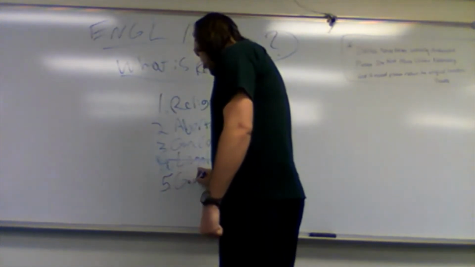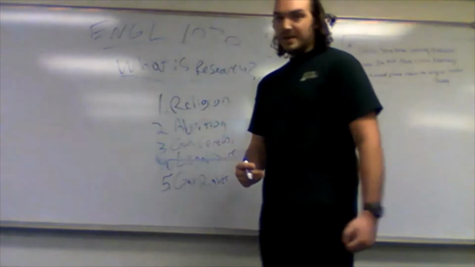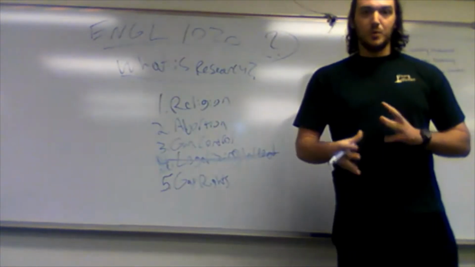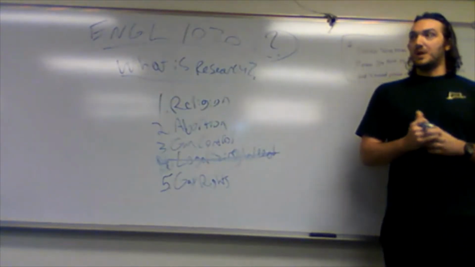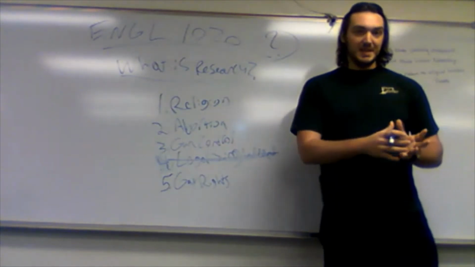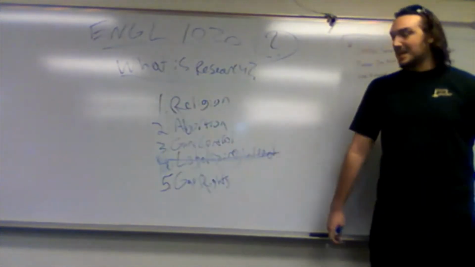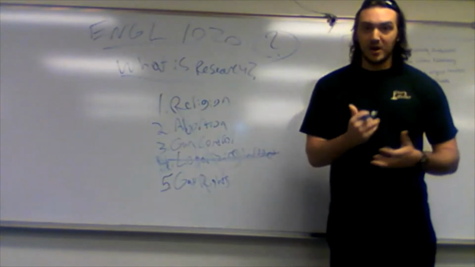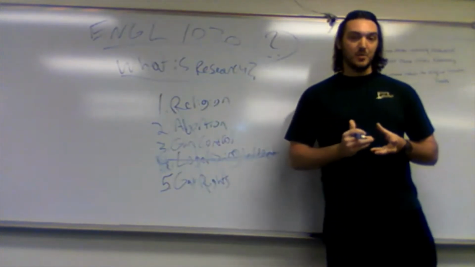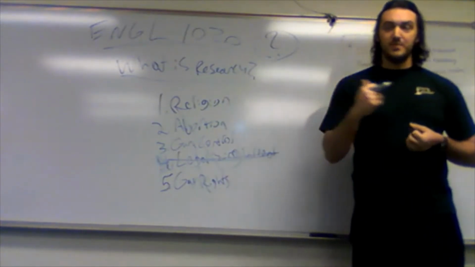I'm just going to do this in a very broad category. Gay rights. Again, that is something that people feel very strongly about one way or another. And you're probably not going to create a good research paper out of that. You're just going to end up defending your belief. So that is why I say these topics, you can write about them in other contexts, but for the context of our class, these are not good topics to do a research paper on. Research is answering a question, not defending something you already believe.